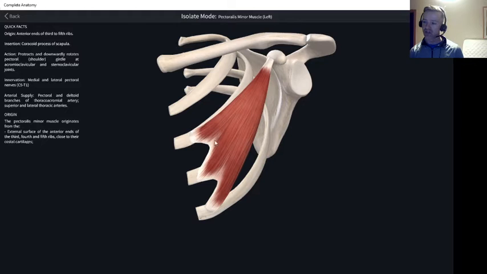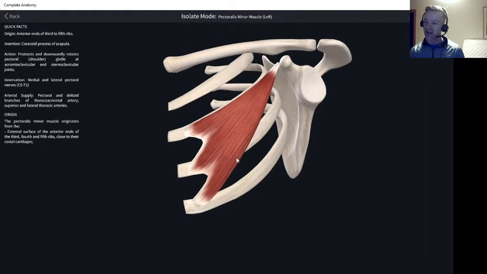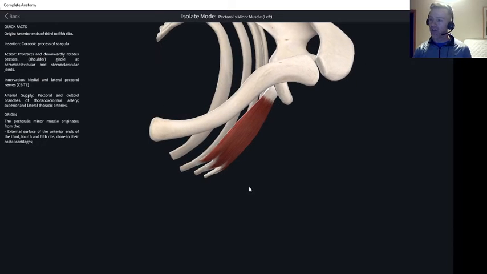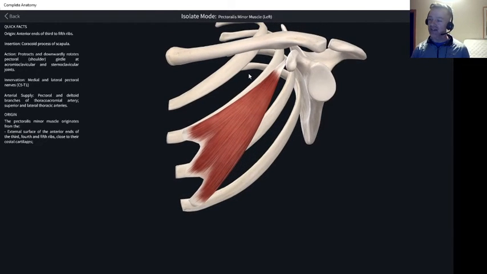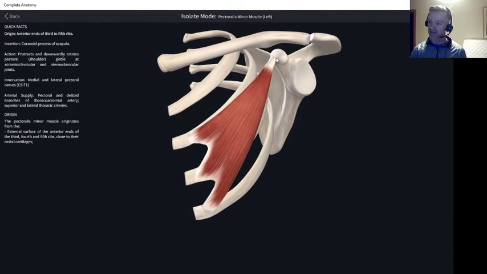So ribs number 3 to 5 is where that muscle originates. It runs up superior and posterior, so runs up and backwards, and it inserts onto the scapula here, onto your shoulder blade,